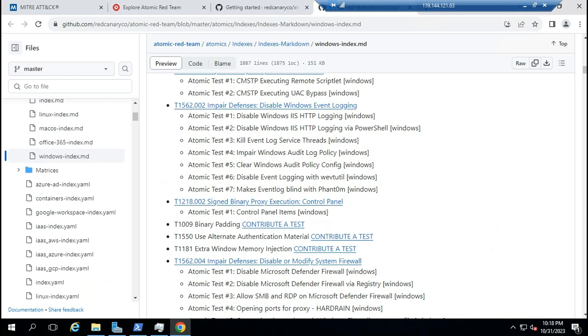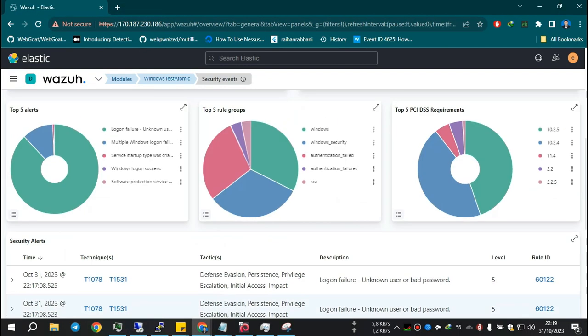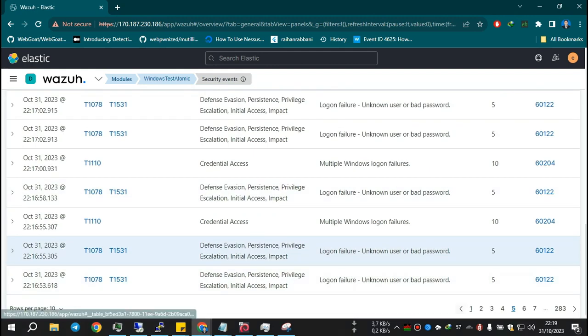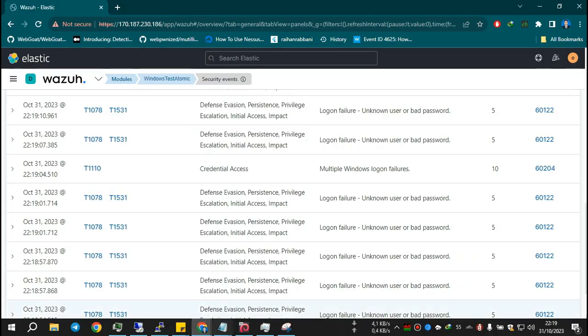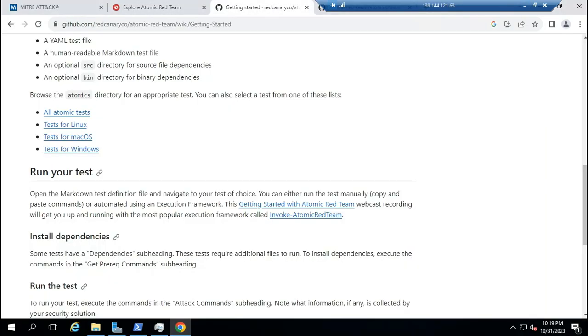We are going to try two or three to test my Windows, so we can check in Windows with the Wazuh server.